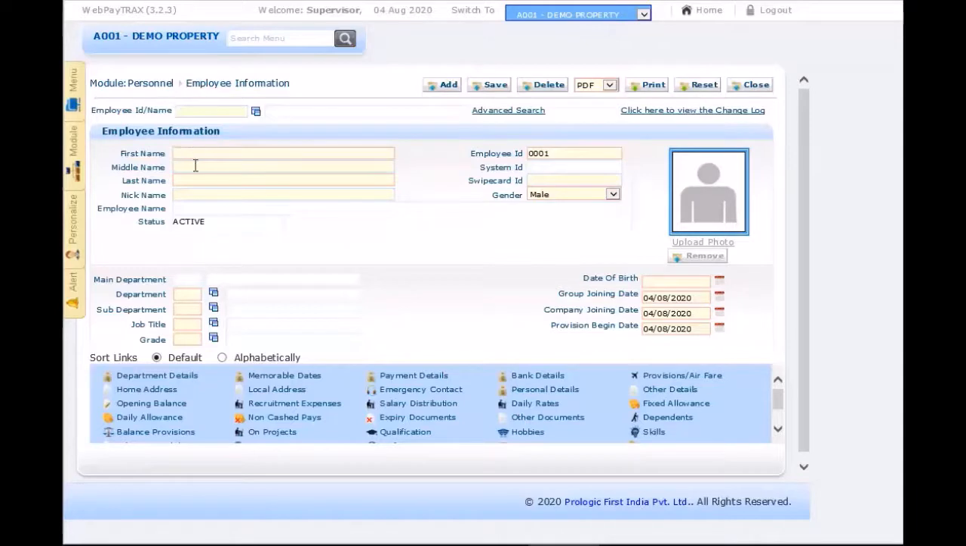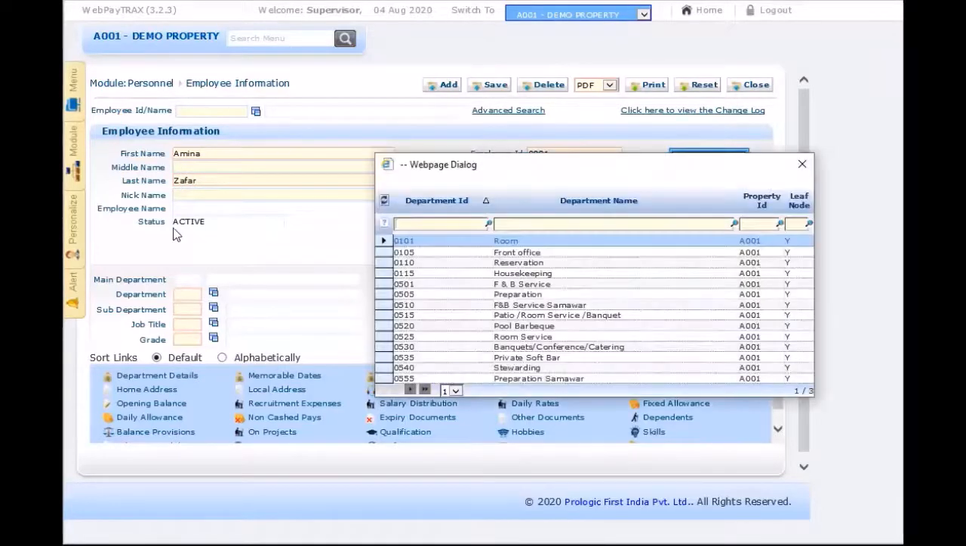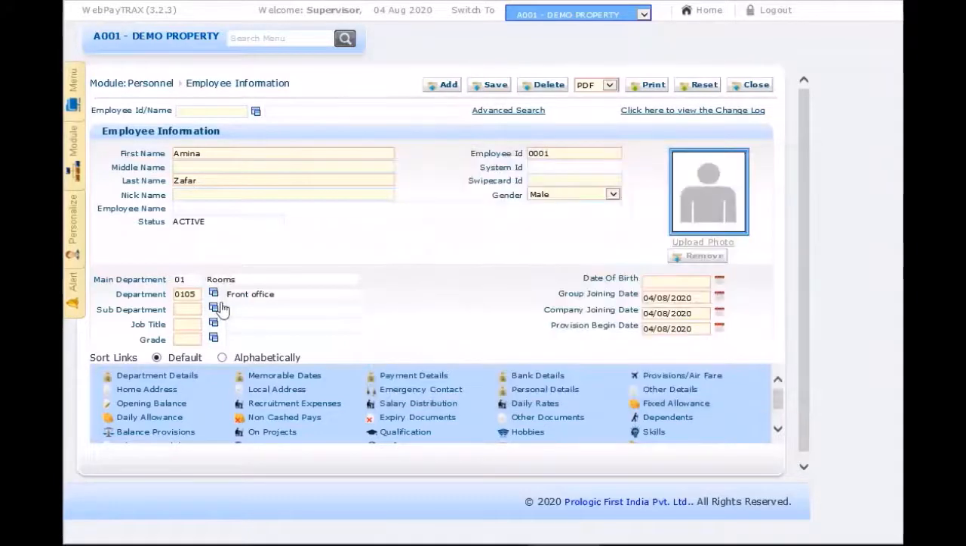Alright, so all the areas highlighted in red are mandatory areas, so you must make sure that you add the correct information in these areas. So we will try creating one employee. For example, I'll use my name over here, and then here the system allows you to choose the department, the employee sub-department,